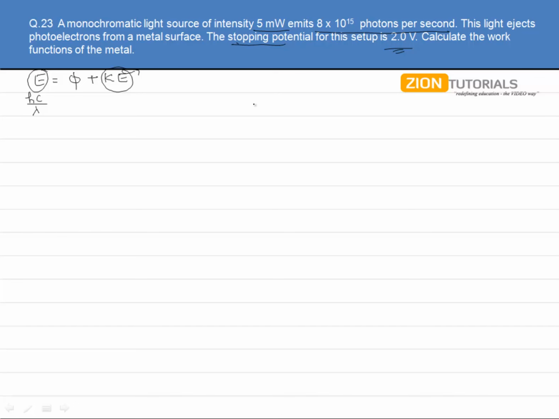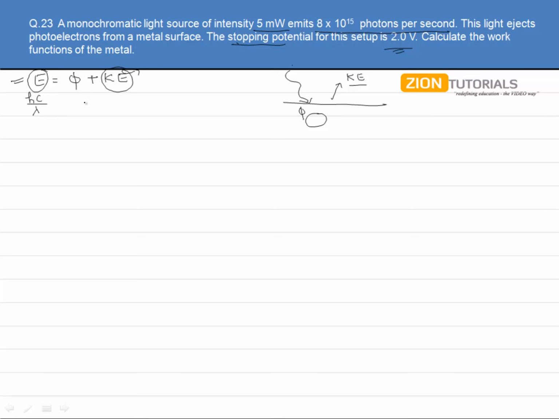or hc by lambda. What was happening on this surface? There was a photon coming, it was giving the electron the work function phi, and then it was emitting with the kinetic energy Ke. So there was a photon having a total energy E, that is hc by lambda. But you can see that we have not been given the lambda for this photon, and there is no way to find this lambda. So all of this information goes in finding the E, because everything else we either have or need to find out.